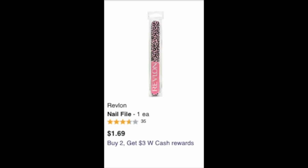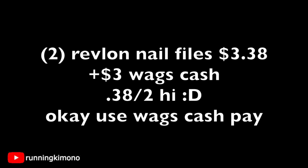To grab 2 of these Revlon nail files, you'll get back $3 in Walgreens cash. And the cheapest ones are $1.69. In store, they might be a little bit more, a little bit less. I haven't been able to get out to the store today because there's a massive snowstorm here. So maybe if I could throw my snowshoes on, I might go and check this out. Or you could do a curbside pickup if you want to do it that way. We seem to be getting pretty good at those. So anyhow, grabbing 2 at this price point, that would be